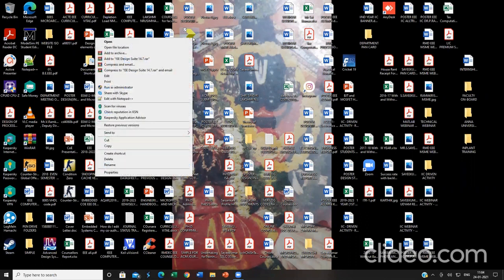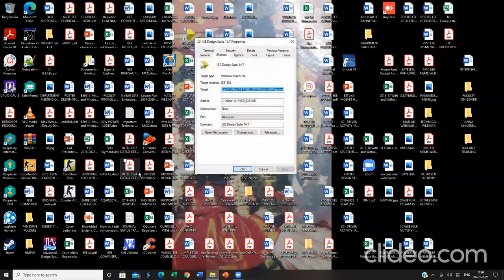So right click on it, go to Properties. Here in the target location where you find NT64, kindly change it to NT. NT means it is going to run 32-bit software. Otherwise it is going to go for 64. Actually, this is 32-bit software only, so it will not run directly on a 64-bit OS. So we need to make certain basic changes in order to make it run on a 64-bit OS. Initially, it would have been NT64.